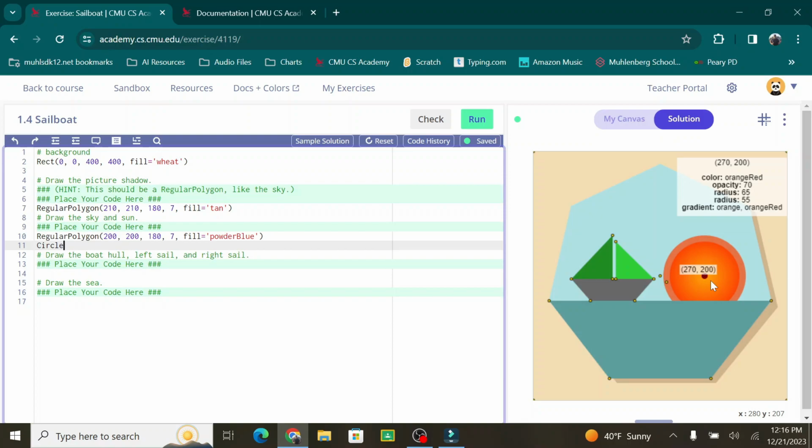And then one of them has an opacity of 70. It's kind of hard to tell which one that is, so we're just going to do a little trial and error there. The color orange-red, that's going to be for the 65 radius, and the gradient of orange and orange-red is going to be for the 55. So go ahead and build that. So this is 270, 200. This radius is going to be 65. And a fill of